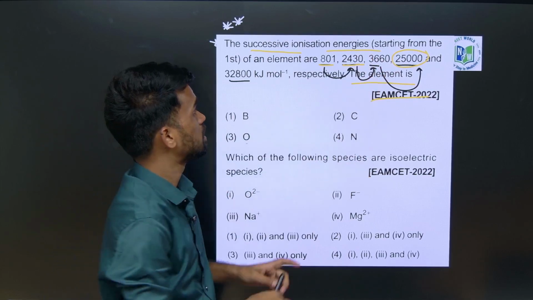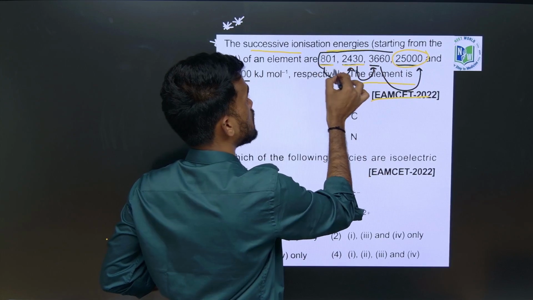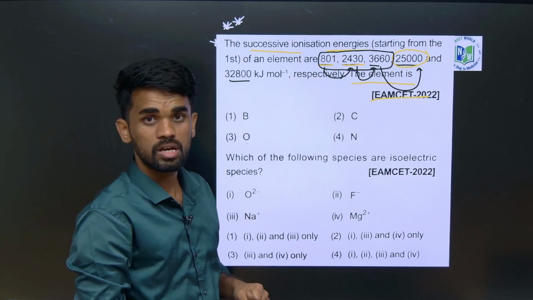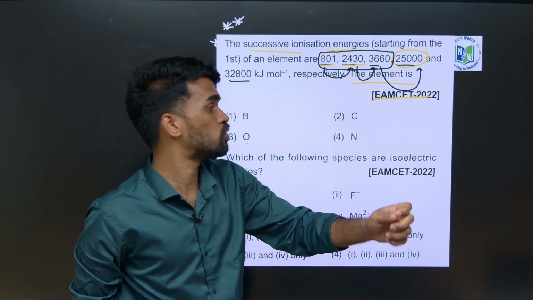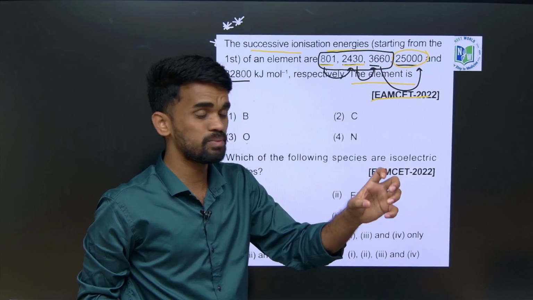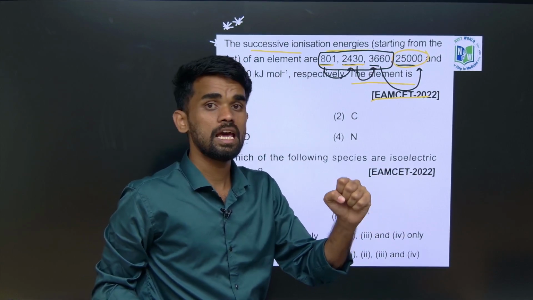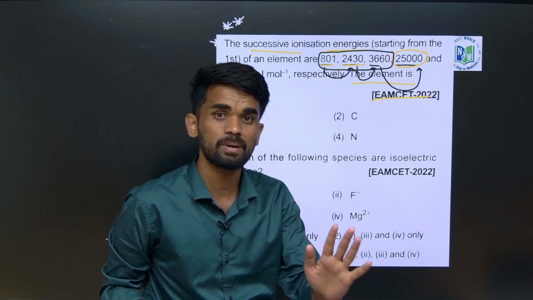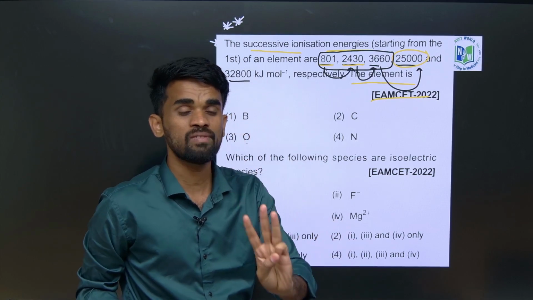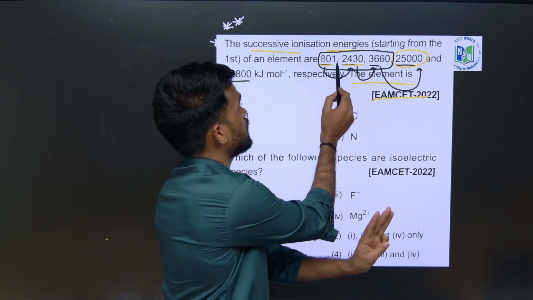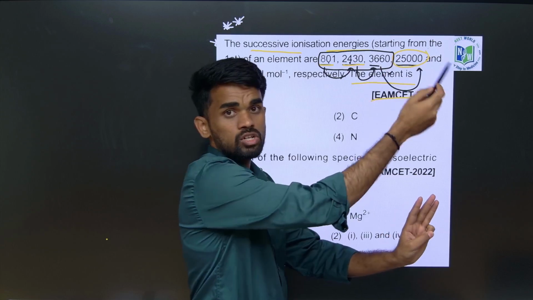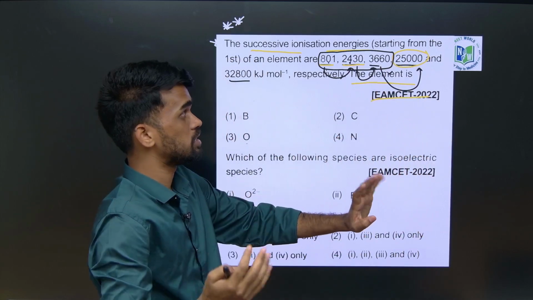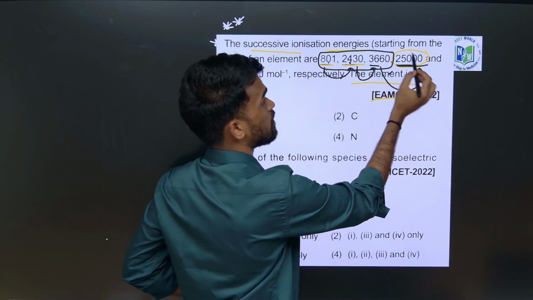It means these first 3 electrons are easily removable, but removing the fourth electron is very difficult, which means it is a stable electronic configuration. How many valence electrons are there in that element? There are 3 valence electrons, which can be easily removed. The fourth electron is like a noble gas configuration, which requires very high energy. Therefore, a sudden increment in value is observed.